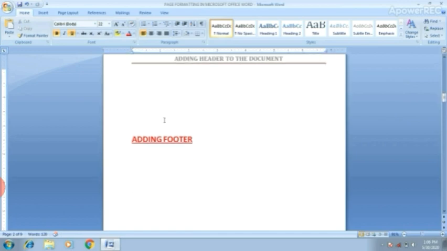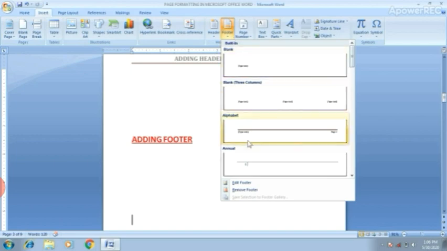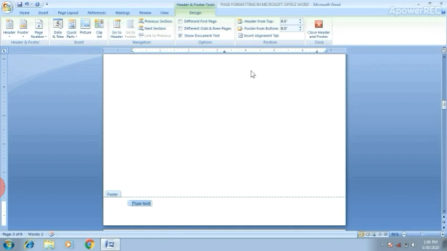Clear? Now, how to add footer? So the steps will be same, but click on Insert tab. This time, you have to choose footer option. Same as this, I am typing adding the footer to the document.